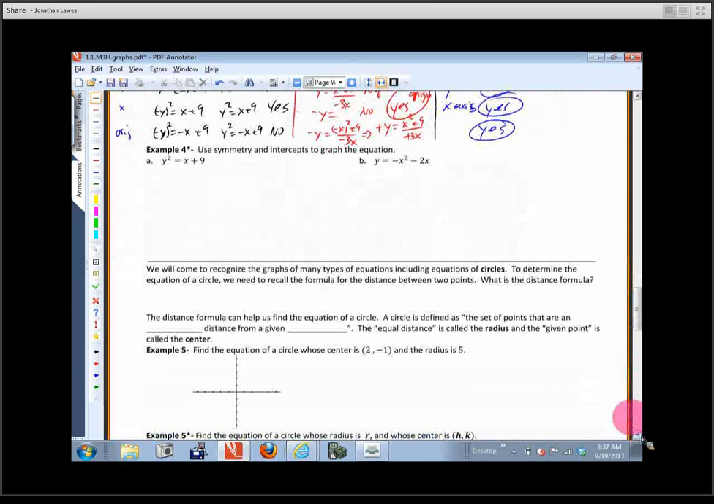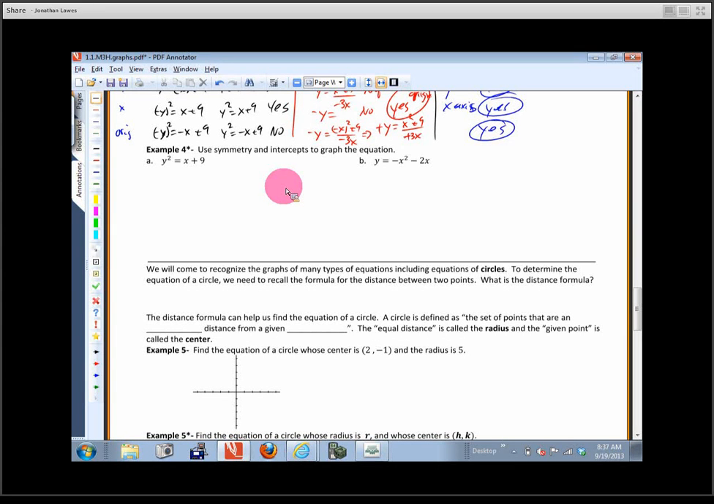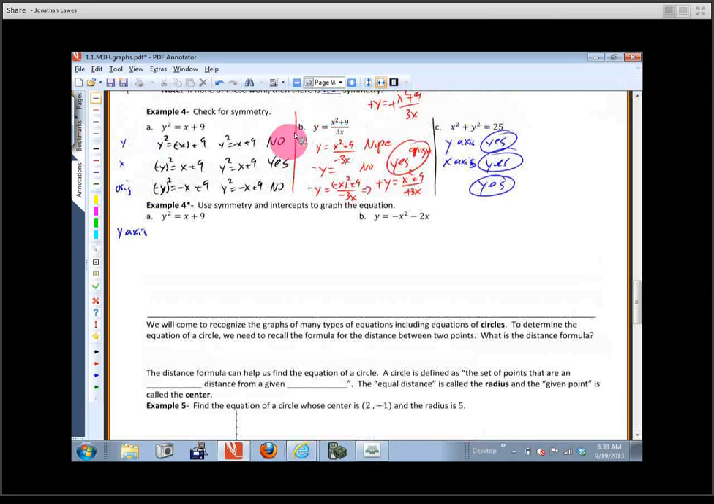Okay. So this one says, and you've got some problems on your assignment like this, use symmetry and intercepts to graph the equation. Okay. So let's check symmetry first. So if I checked symmetry with the y-axis, is that a yes or a no? It's the same problem as right above. That's why it's got a star by it. Okay. So this was a no and a no. A yes on symmetry with